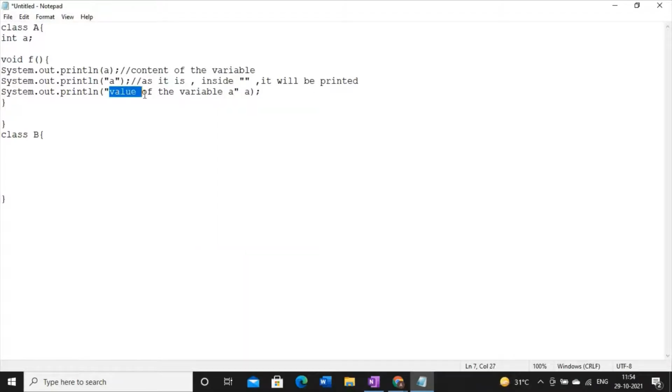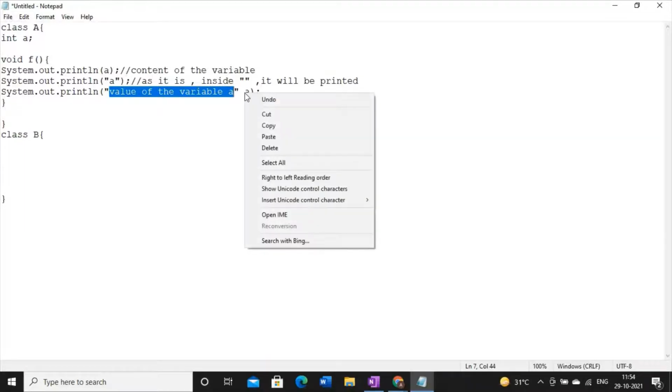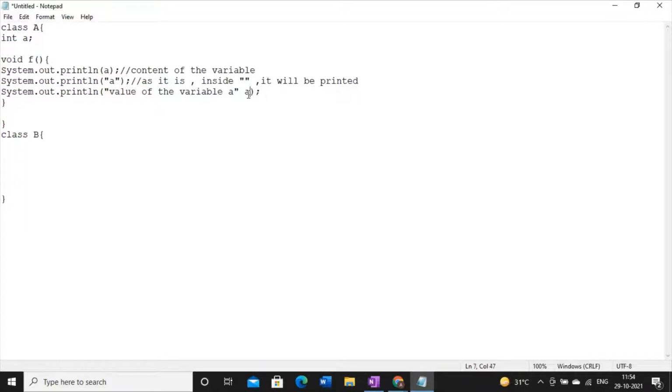The data type of this is string, and whatever content we have in this variable a is of type integer. So here the problem is we cannot write string along with integer. To write integer or float with string, we have to perform concatenation. Concatenation means we have to write plus a.